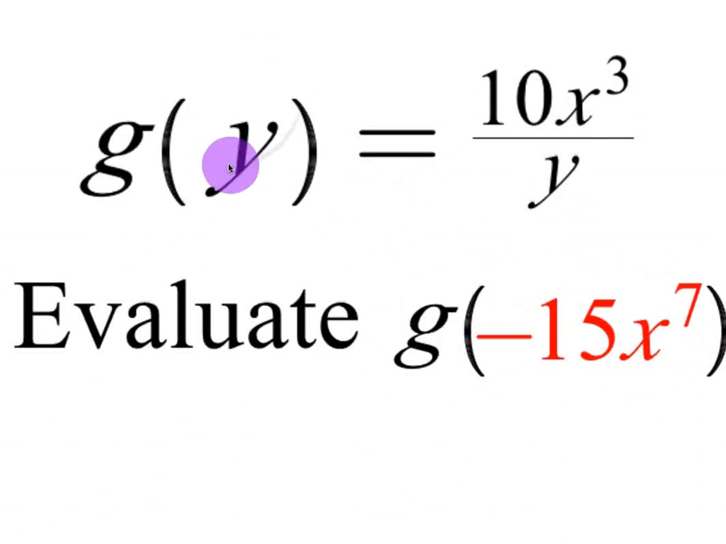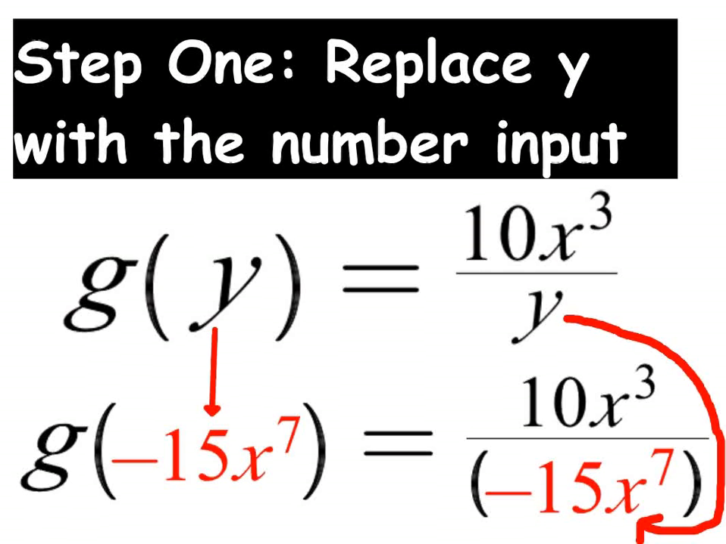All you should be noticing is that whatever the variable in the parentheses is, that is what you're going to be replacing with here. Simple. This is going to go into that, which means it's also going to go into that y. So y can be an input sometimes, rarely, but just for the sake of example. Okay, so replace y with the number input. You're replacing whatever this variable is in the parentheses with whatever you're plugging in. It's that simple. So we're going to replace it with negative 15x to the 7th,